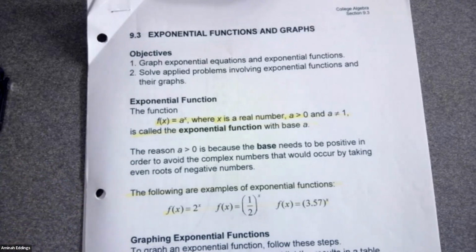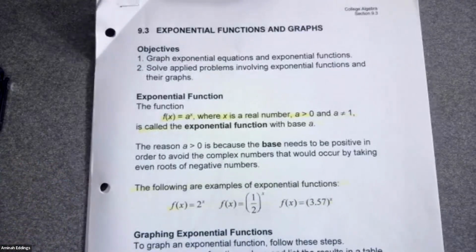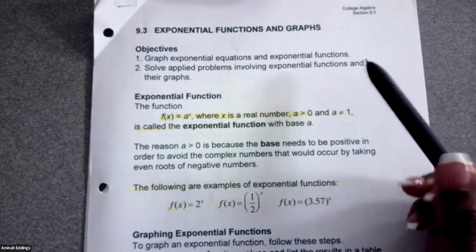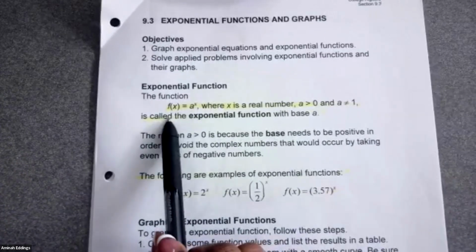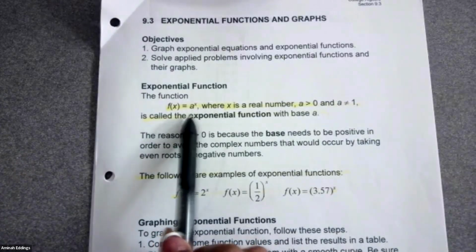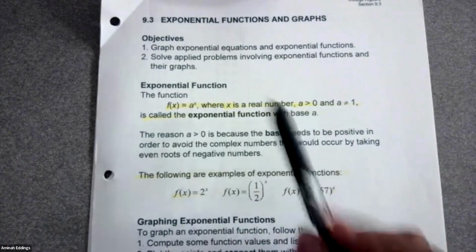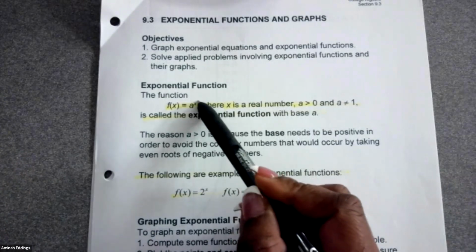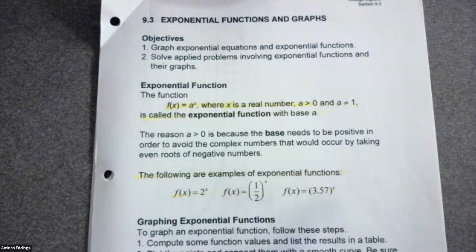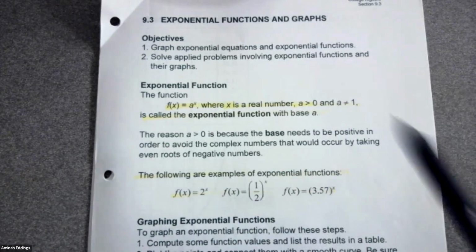All right. So the first thing that I want to go over with you is what an actual exponential function is, okay? If we look here, you will see that an exponential function is going to be in the form of f of x is equal to a to the x power, where x is a real number. So your exponent in an exponential function is going to be your variable, usually x, and it must be a